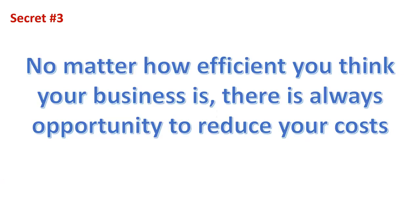Some of you may have already tried to reduce your costs and failed, and you think there's nothing to be gained. And it's true that transformations can fail. If you Google it, you'll see that approximately 70% of transformations fail, and they fail for many reasons. And I've been called in many times to fix failed transformations, and every time I've used this program to recover